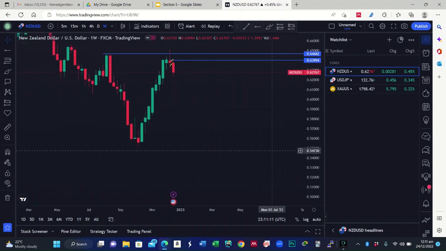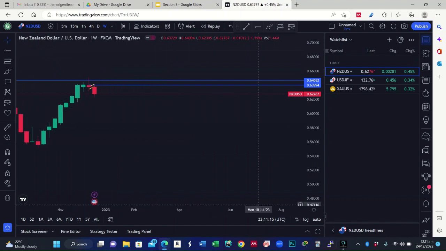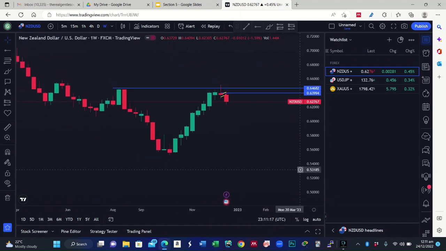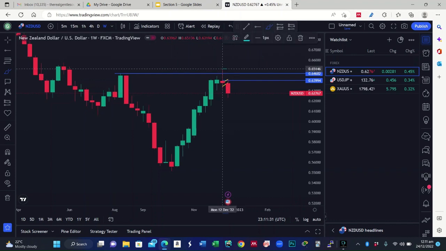According to what I have on my chart here, one of the price patterns I explained to you is double top. As you can see here, this is a top, and price tapped into it on the weekly time frame, and it reversed. This is more or less a doji candle. Let me mark it for you so you can see. This candle here